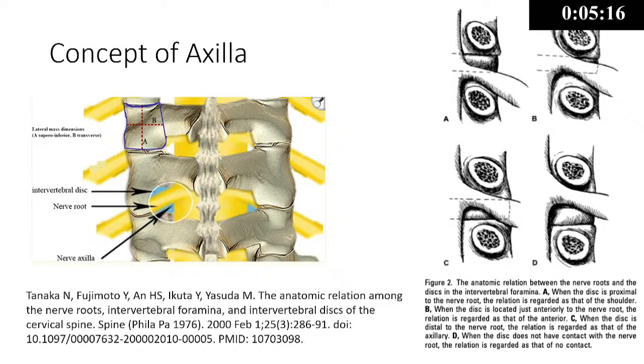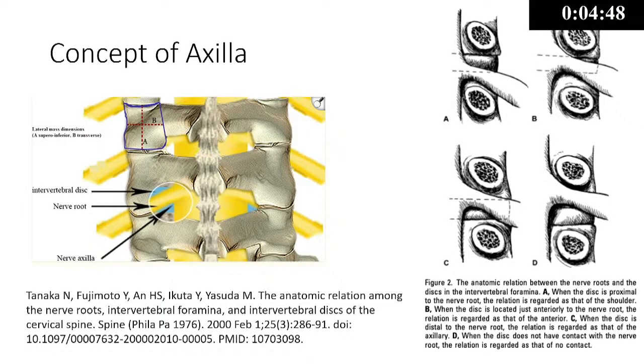And most of the time in the cervical spine, the disc is in the axilla. You will never find a root-shoulder disc in the cervical spine. So most of the time it is in the axilla. If you try to put more traction on the axilla, there are chances of traction injuries and cervical spine injuries. So you have to remove some part of the pedicle, and that is also helpful in the anatomical orientation.